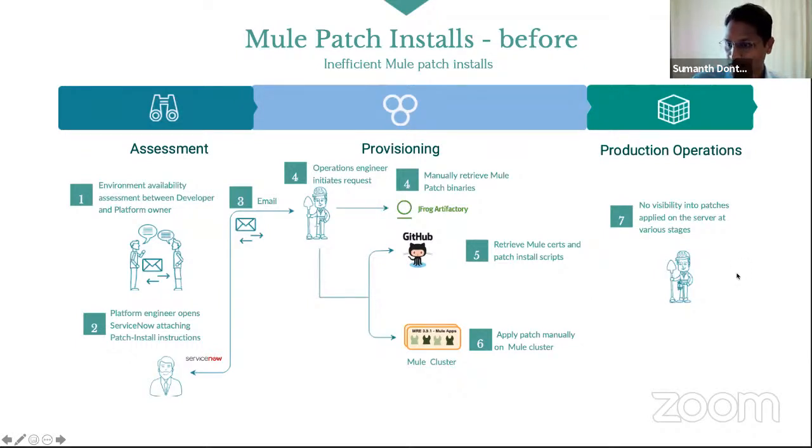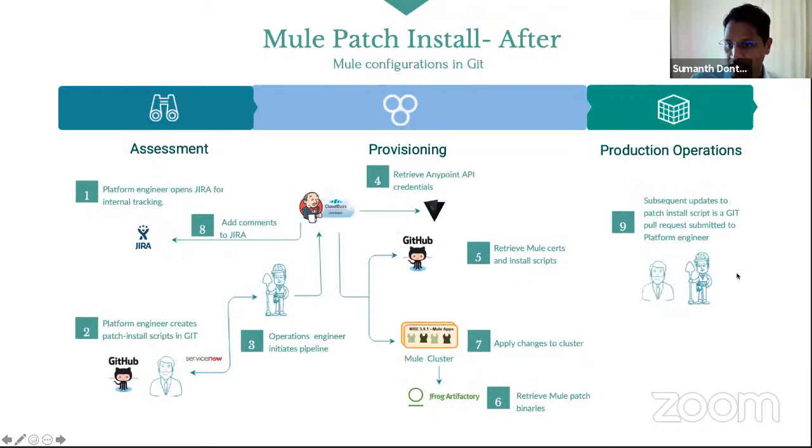And we were losing the visibility of these patches. Again, similar to the cluster setup, now it's done via pipeline. So you have a record of not only when it got started in Jira, but also a detailed pipeline log. Once the pipeline finishes everything, and this is applicable for all pipelines, it posts a comment in Jira. In that Jira comment it clearly says who opened the ticket, when it was opened, who triggered the pipeline, what the pipeline log is, and what the state of the pipeline and build status is exactly.